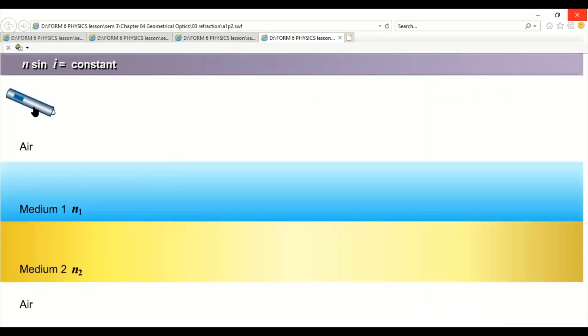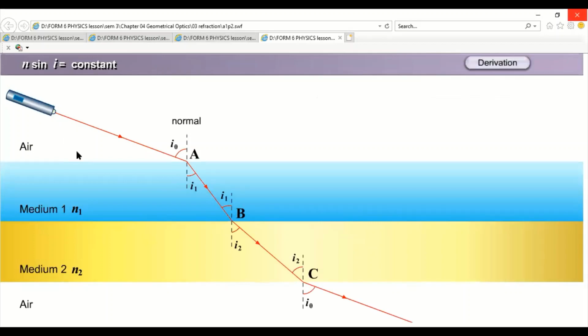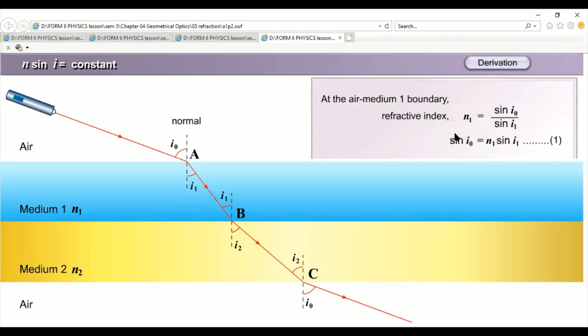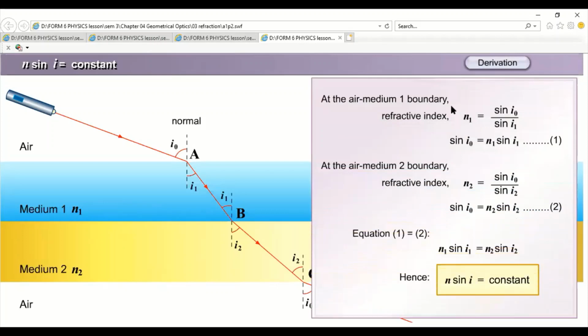Next, if the ray passes through the first boundary between air and medium 1 with the refractive index n1, and then continues to be refracted through another medium 2 with the refractive index n2, and finally back to the medium of air. We notice that at the boundary of medium 1, the refractive index n1